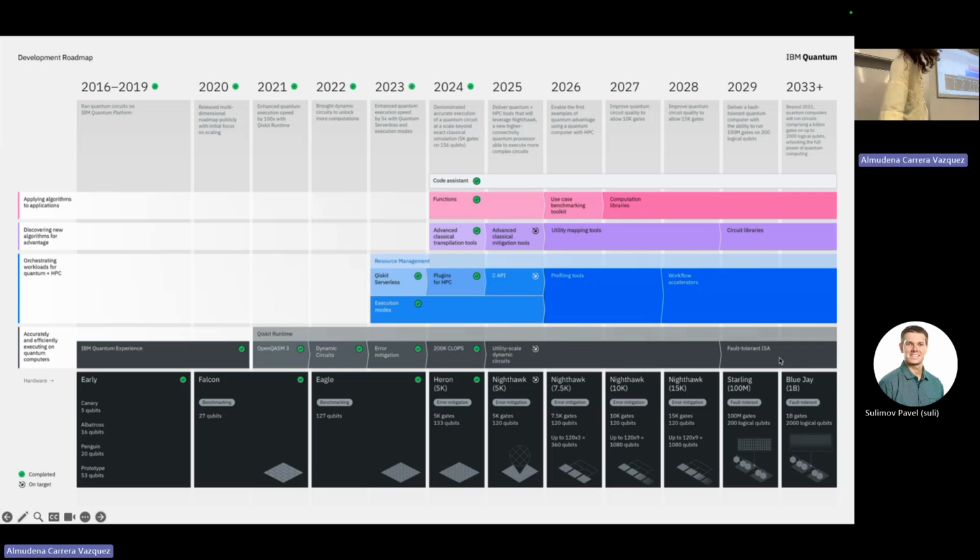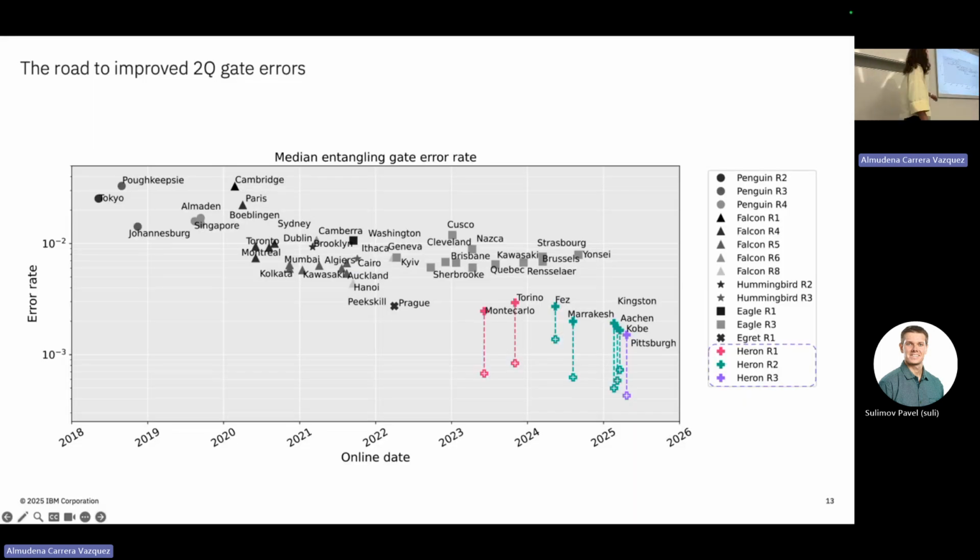So for the very first part, up to the Heron, not only was the number of qubits increasing, but also the accuracy of the gate. And now we are in the order of 10 to the minus 3. Now, this 10 to the minus 3 is important because it's when error correction starts to be feasible. So to do error correction, you need good enough hardware, so good enough noisy operations. And this is starting to be the regime where you can start speaking about that.